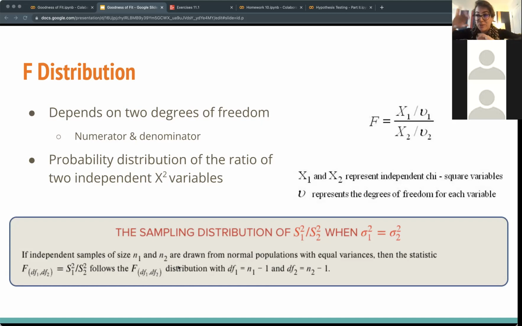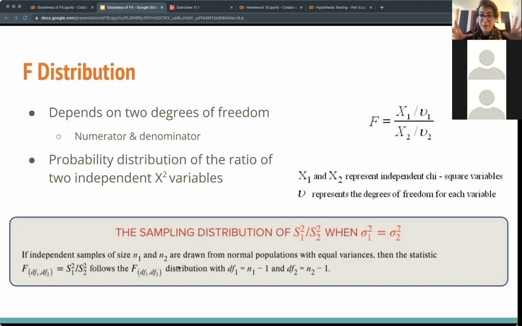These are essentially 2 different components, and then we're just comparing them to each other to see how much of a difference exists between these 2 different distributions. So this is the framing of how we will start to create our test statistic and solve this type of problem. And different things to talk about too is we're looking at this probability distribution of the ratio of